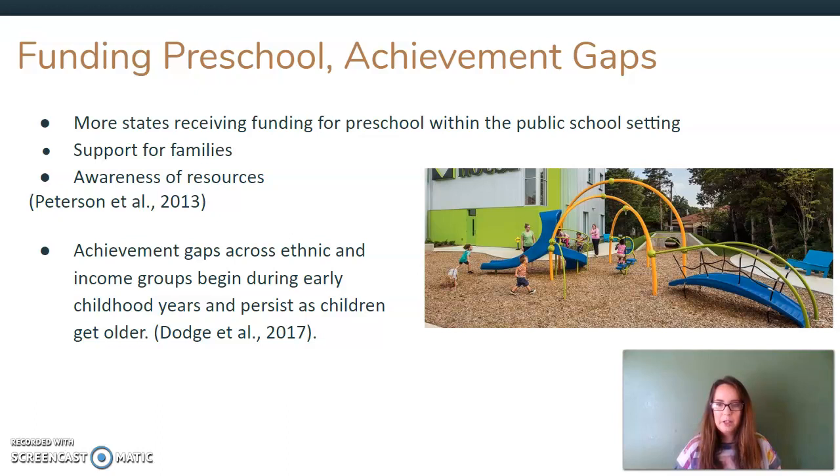The school that I work at currently, we have a preschool within our public school, and there are just a lot of benefits of having preschools in schools. When I researched this topic, I didn't realize how many benefits there are. There is support for families, awareness of resources. There are also abilities for schools to spend less money in regards to funding a child in special education,